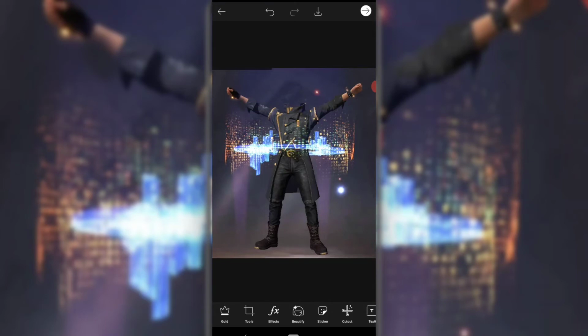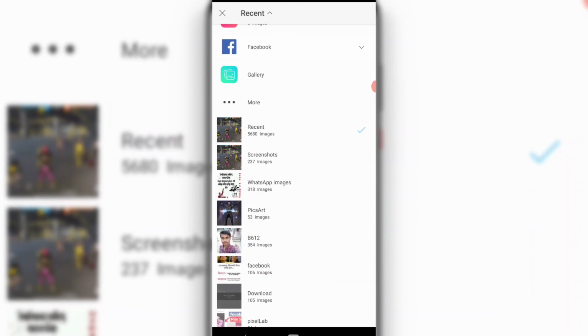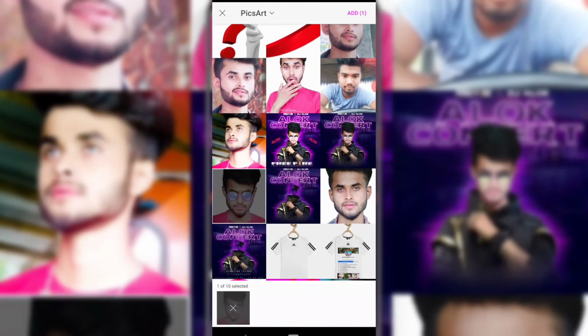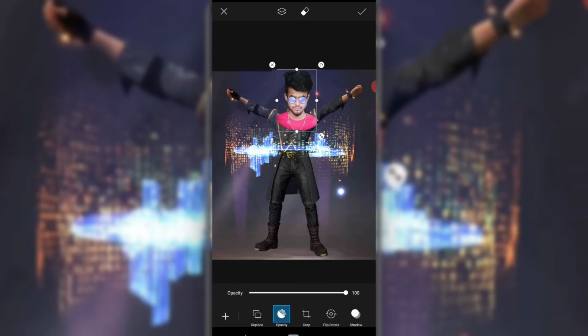and any head joining this picture. After that, add photo, my photo, add. After that, brush,